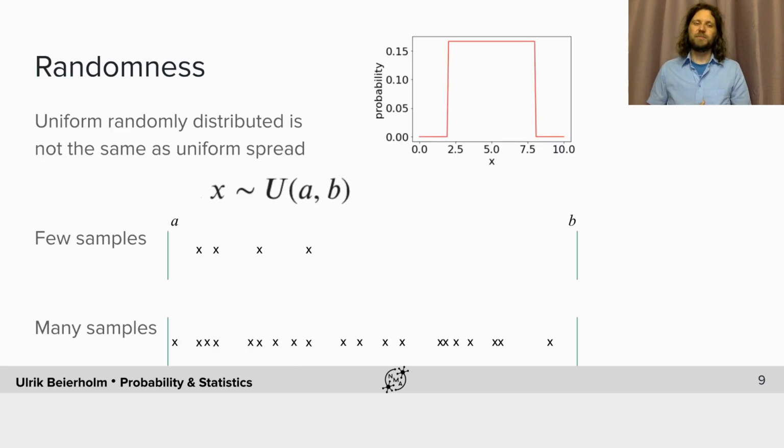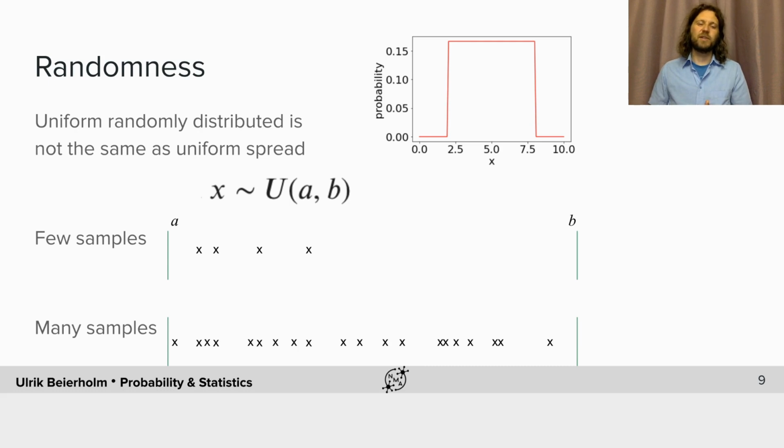But let's start with something simple. Let's start with some simple examples of what it means to have something be random. And one of the simplest distributions you can think of is just to have a uniform distribution. So if you look at the plot up on the right, there's a variable x that has an equal chance of being given one of these values within a certain range, and outside of that range there's zero probability of having it. So that's referred to as the uniform distribution, and often is written out in this kind of way here. So it's flat in between 2 points A and B, and 0 outside of that.